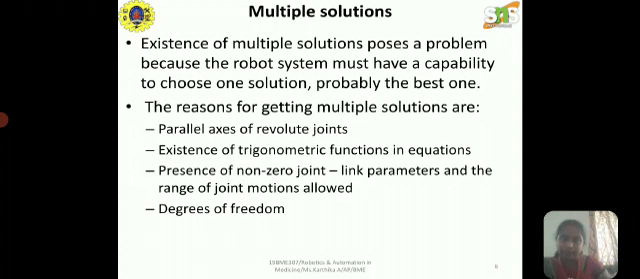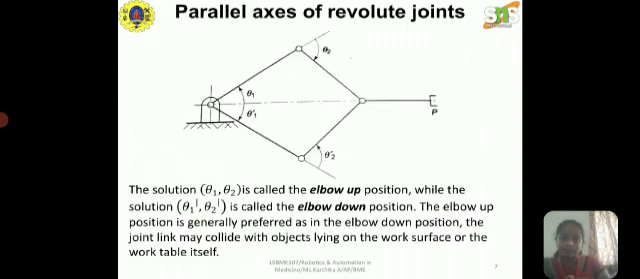We also take degrees of freedom into account, and for this we first analyze the parallel axes of revolute joints. The angles mentioned are theta 1, theta 2, theta 1 dash and theta 2 dash, and we have a point P for the inverse kinematic problem. The solutions theta 1, theta 2 are called elbow positions, while the solutions theta 1 dash and